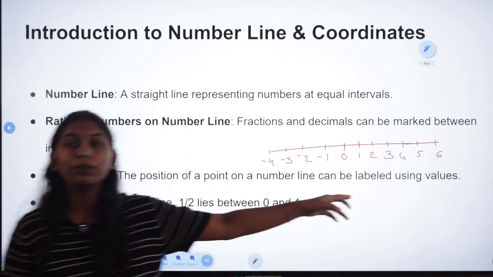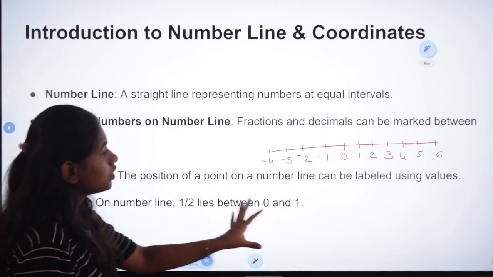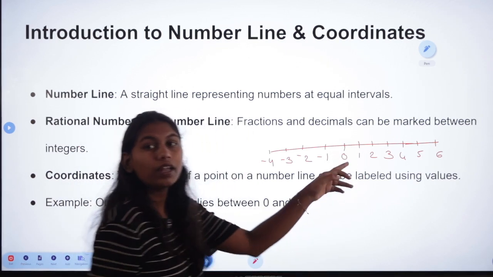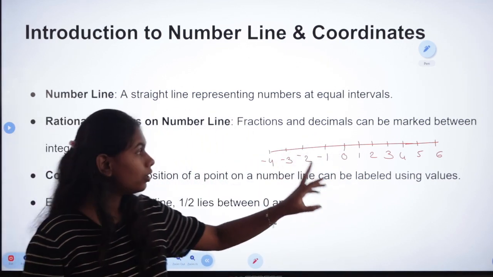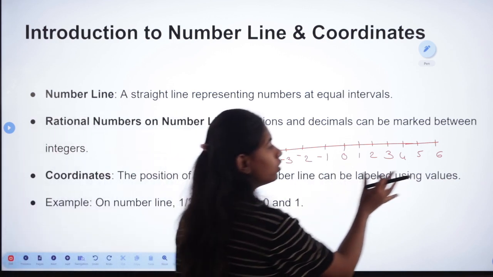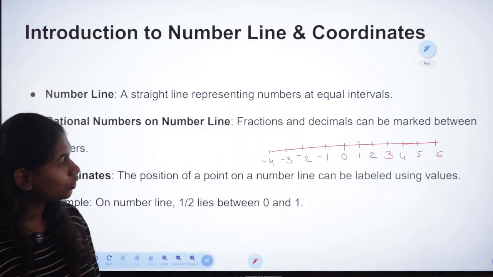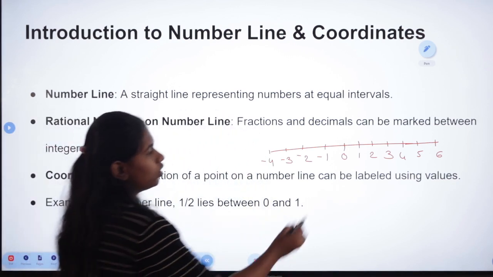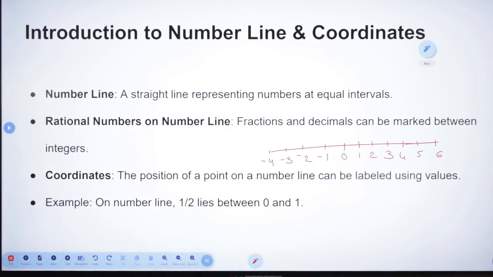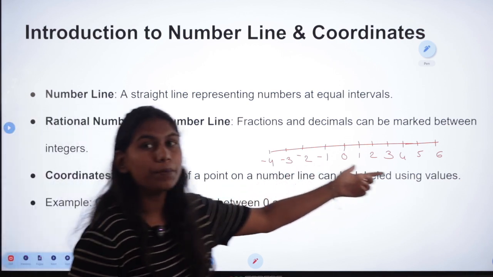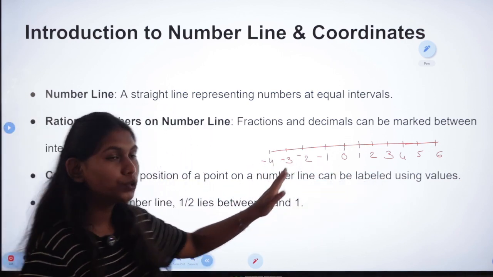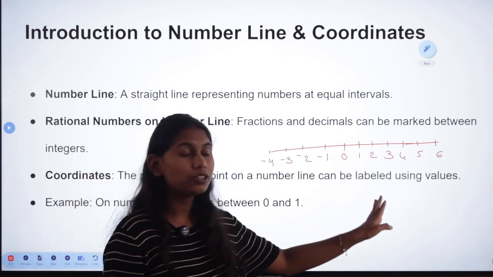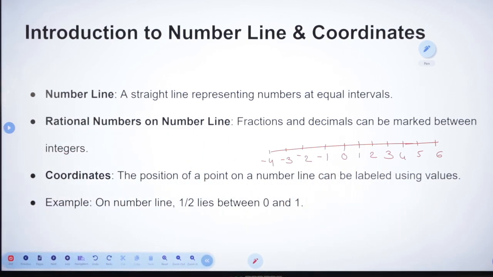So this is known as a number line. Here in the center there will always be 0. On the right side all the positive numbers, and on the left side all the negative numbers should be there. So this is known as the number line. Now this number line shows the whole number, integer, negative number, positive number, natural number, rational number, and also the